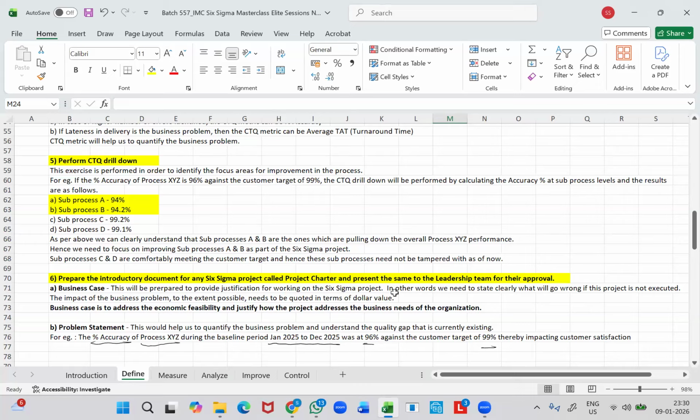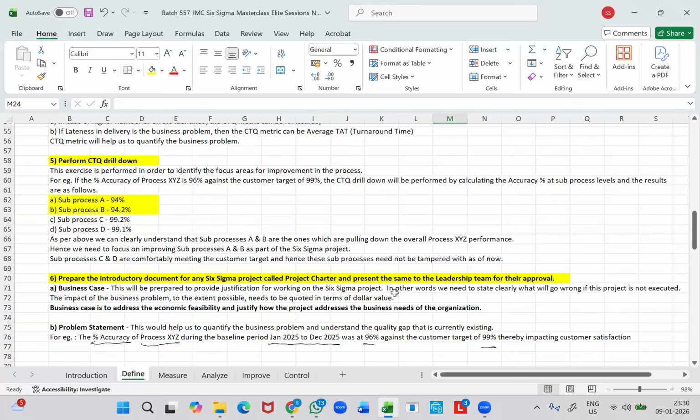in the DMAIC approach. And specifically in the business case, you'll be tempted to make some assumptions about the causes and solution, which needs to be completely avoided. So in that question, they would have provided a sample business case, including the solution apart from the problem. They would have mentioned the problem, but then they would have also mentioned that this problem can be rectified by streamlining the process. So streamlining the process is like providing a solution,